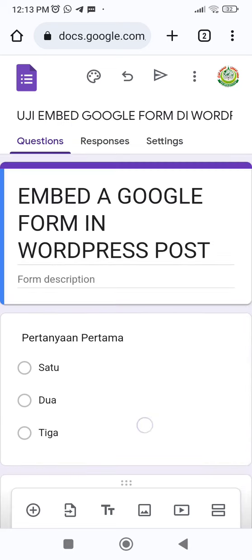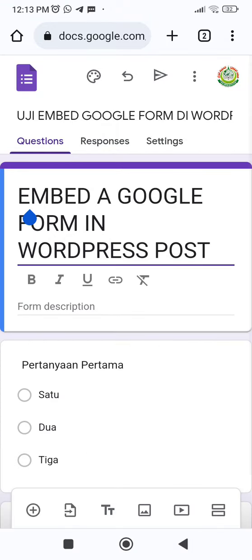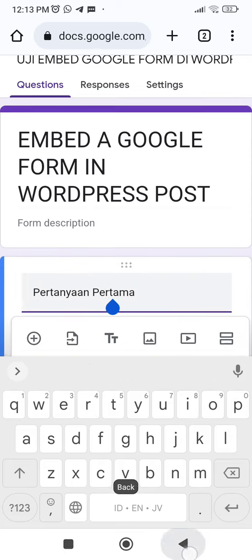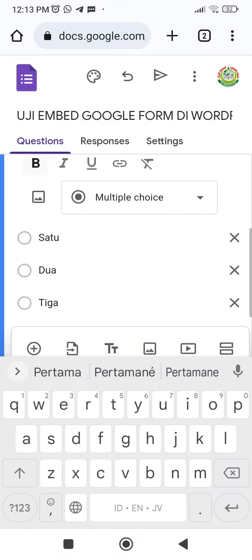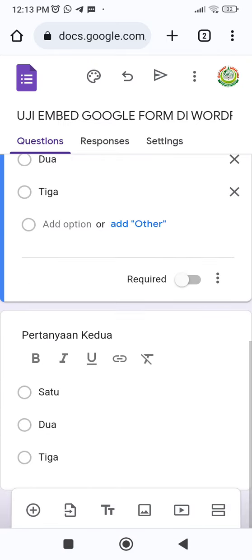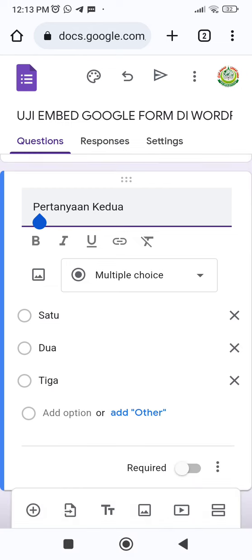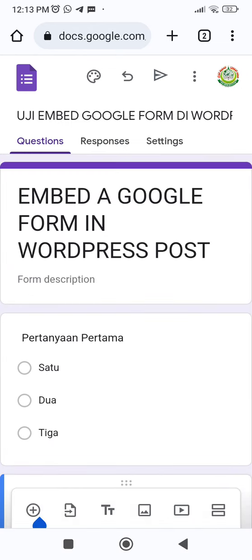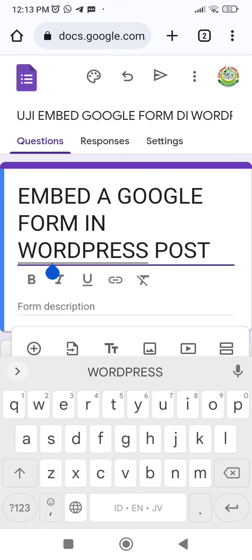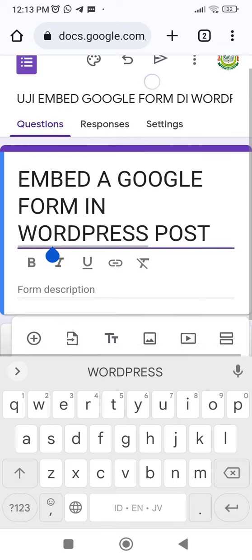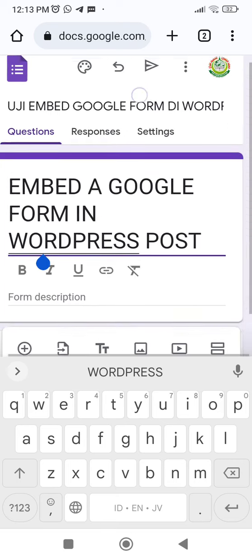Google account, and here this is a sample of Google form that I just created, and there are two entries here. Pertanyaan pertama means question number 1, and pertanyaan kedua means question number 2. Let's say this is enough to create a Google form, and let's now publish this by click this arrow button,